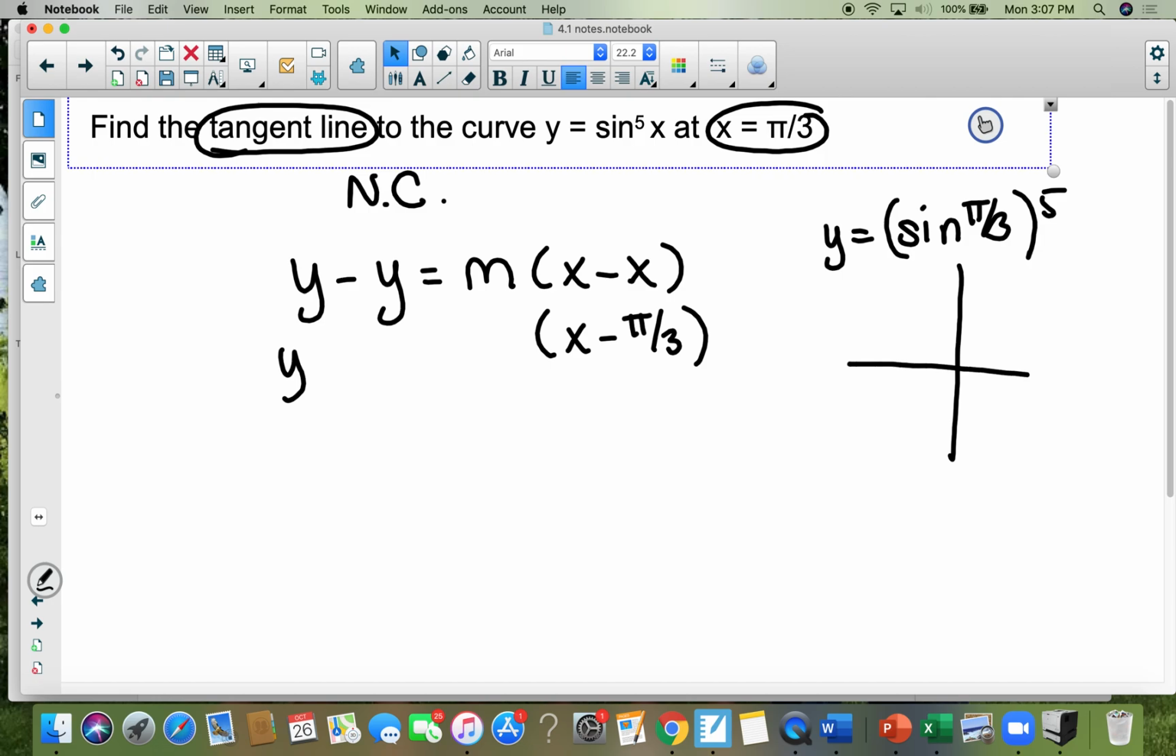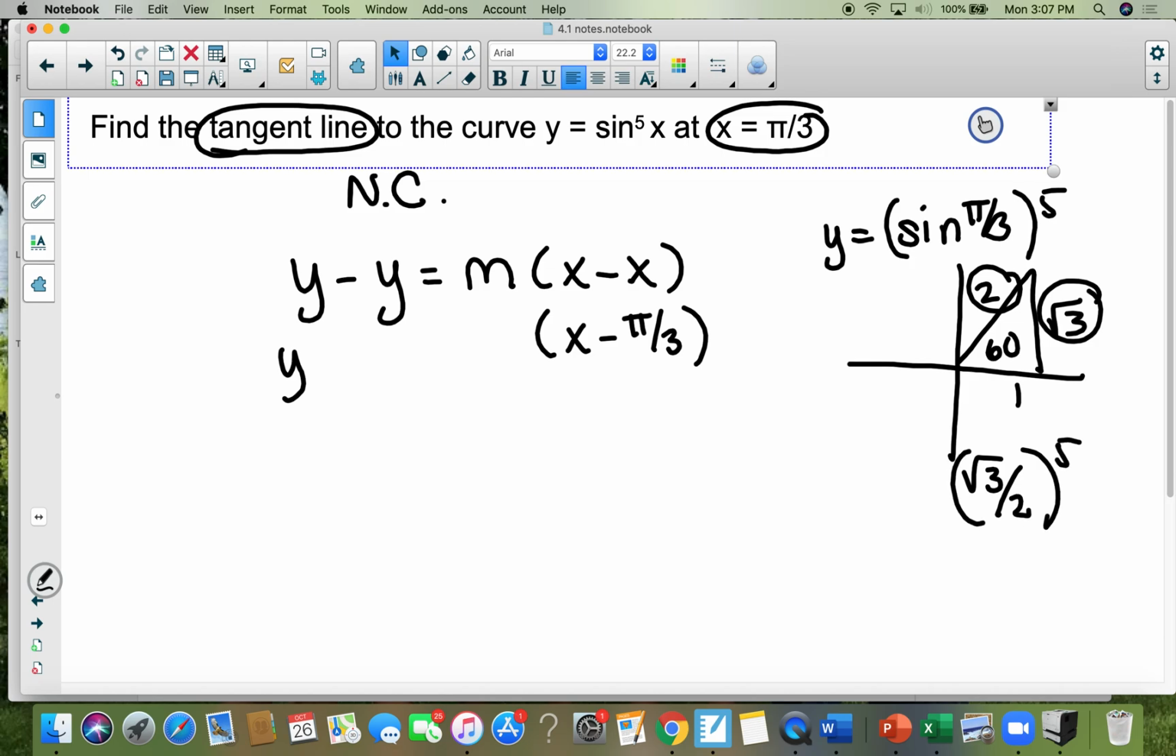So I come over here. The sine is the square root of 3 over 2 times itself 5 times, which will give you 9 root 3 over 32. So that's what goes right there. 9 root 3 over 32 equals,